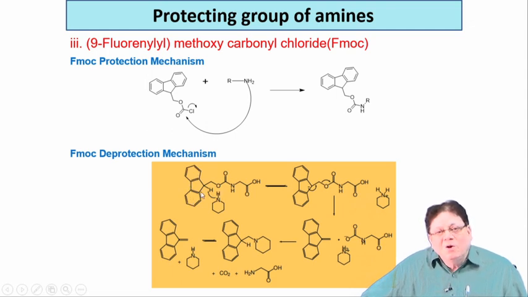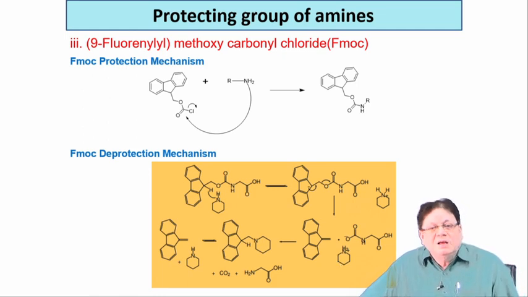So, this will be lost in a very facile manner, and the result is that this electron goes to there, and then this electron comes to here, and then this goes out. So, that means you are getting liberation of carbon dioxide, and you get liberation of this. This comes from the fluorene. Okay. This is called methylene fluorene, because you have a methylene group in the fluorene. Now, by the way, this fluorenyl group gives fluorescence.